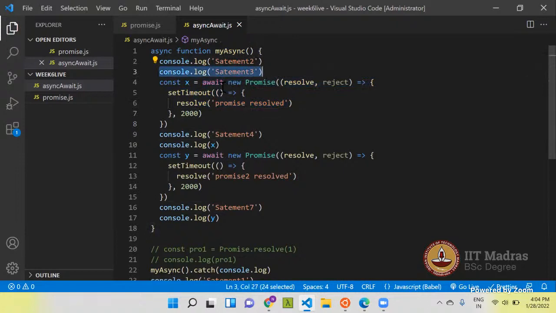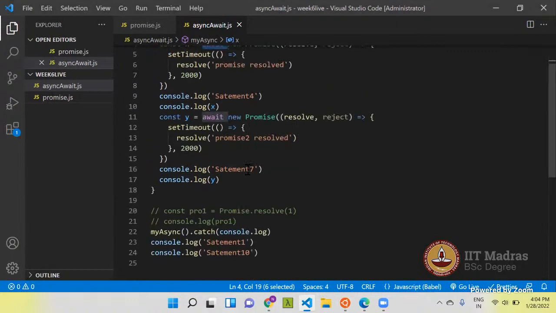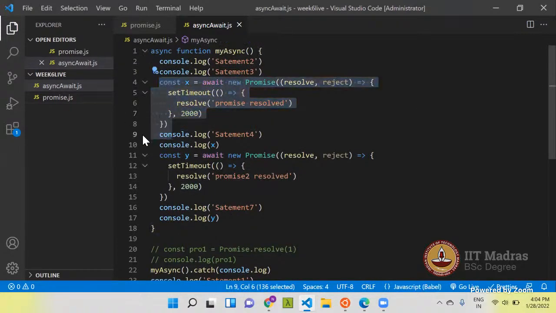So after this, it will encounter await, and the control will go here. So it will print statement 1, statement 10, and then after 2 seconds this promise resolves. Now the control can go to line number 9. So this statement will be printed, then X will be printed.